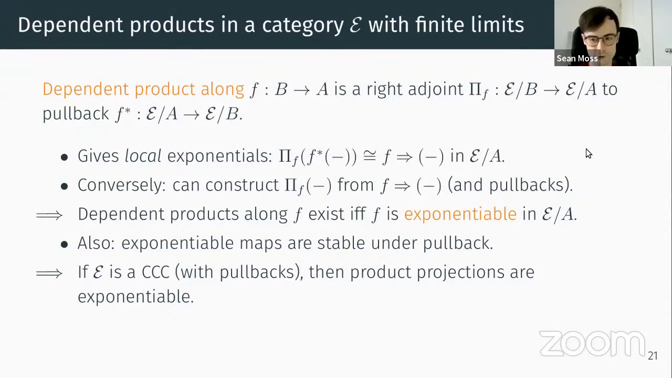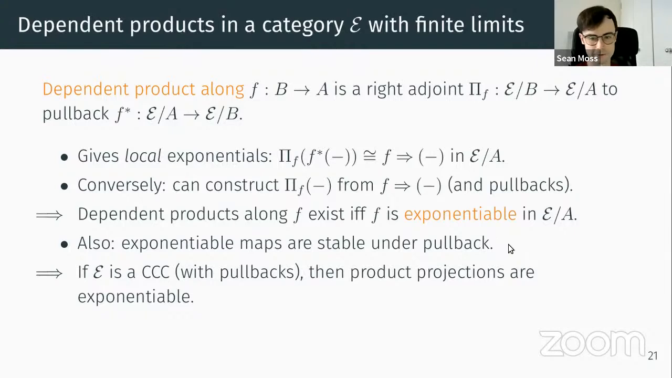But for now, assuming we do, it's fine. Okay, so this justifies the use of the word exponentiable for a map which either has dependent products along it or which is actually an exponential object in the slice category. Okay. So another fact about exponential maps, which only applies when you have finite limits around, is that they are